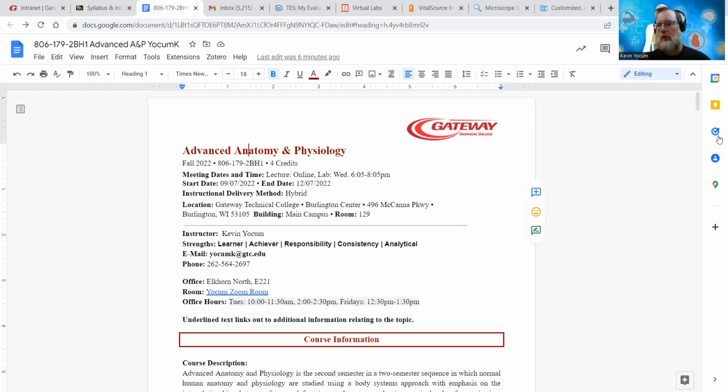So here's your course syllabus. You're going to want to take a peek through that. There's nothing out of the ordinary in there that is that jaw dropping. But I do want you to know that there are links to your textbooks, which are also in Blackboard, some information regarding the class location, and the course calendar link.